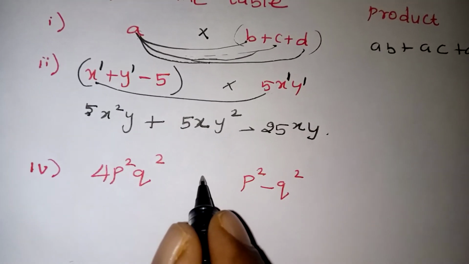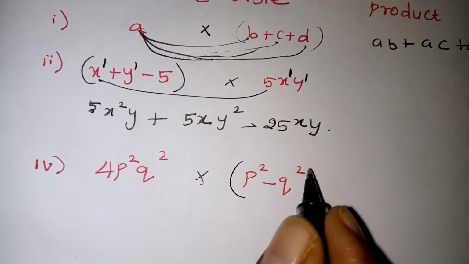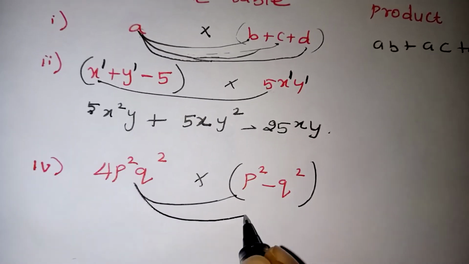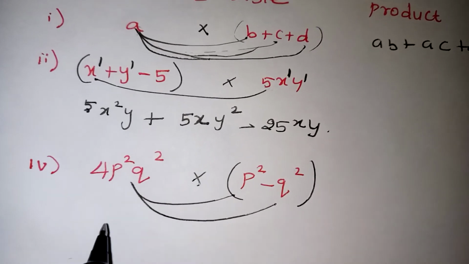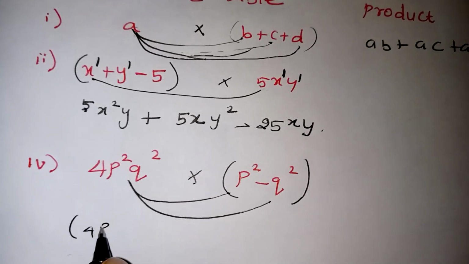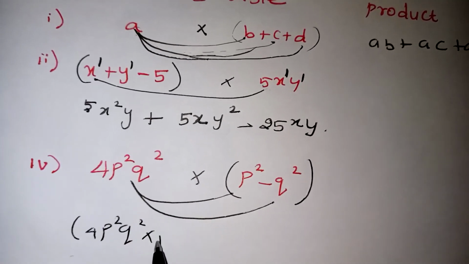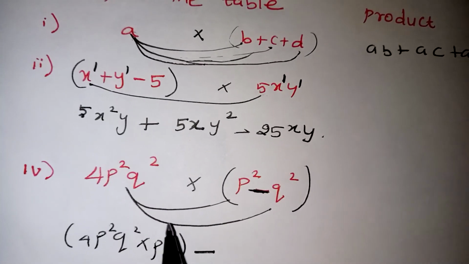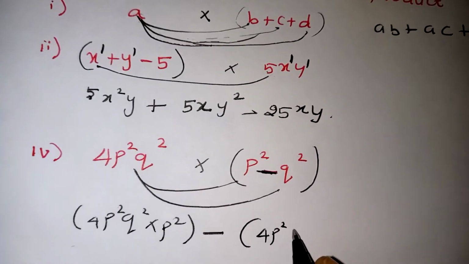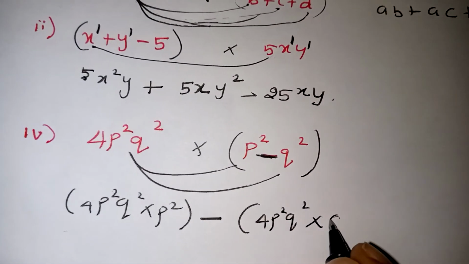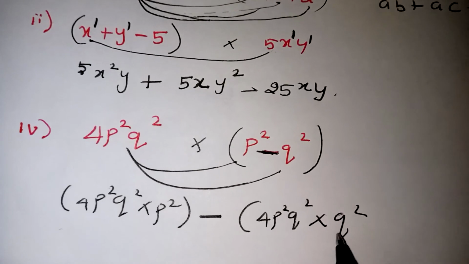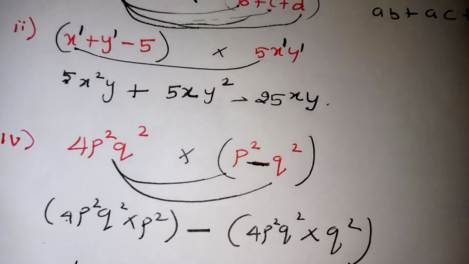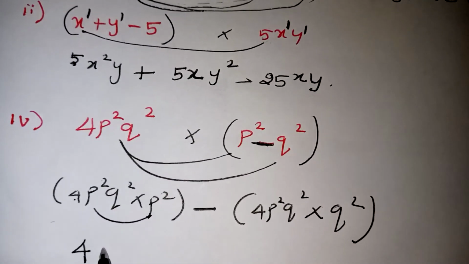Look at one more problem. Again this is a monomial, this is a binomial. Now this term should be multiplied with p squared. The same way this term should multiply with q squared also. Let's write like this. That is 4p squared q squared should multiply by p squared is one term. Here in between minus is given, take that minus. Same question, 4p squared q squared should be multiplied with q squared now. Don't write the minus again because this minus only we have taken here. So after writing, this 4 will come as it is. P squared into p squared, p power 4.